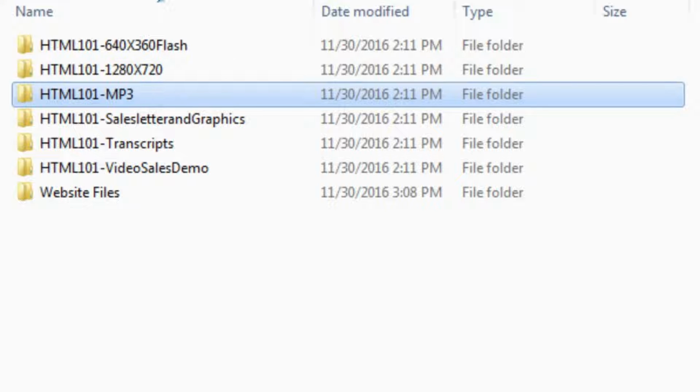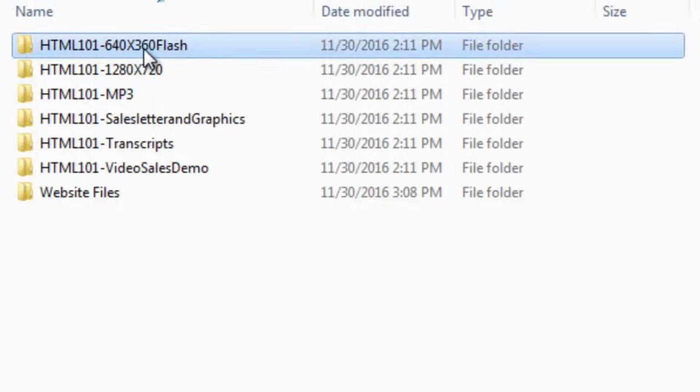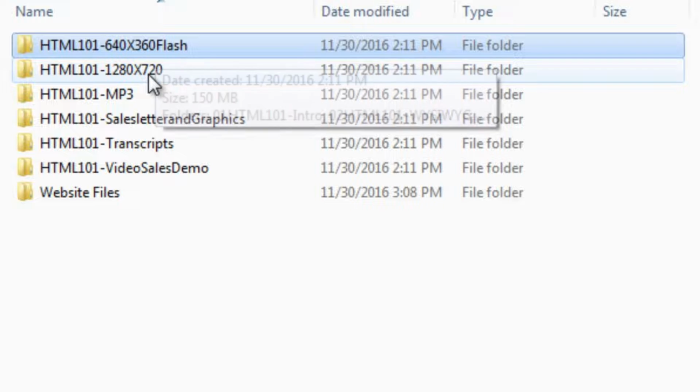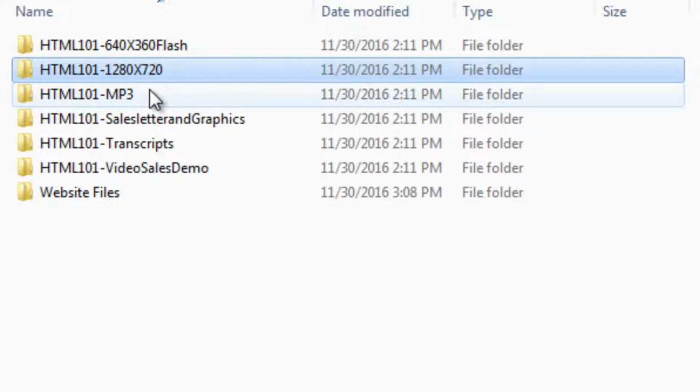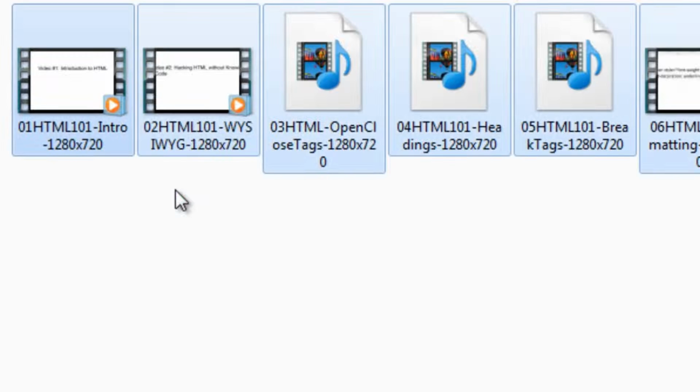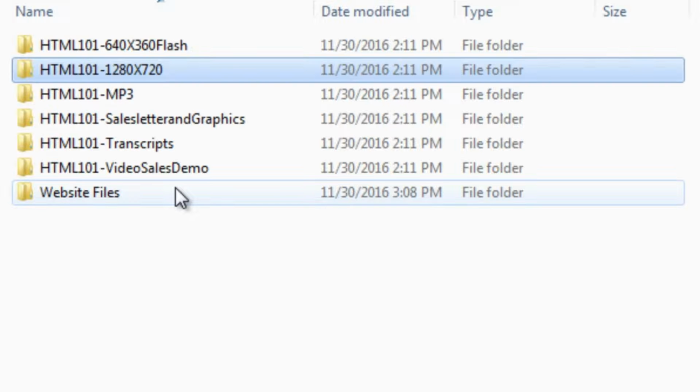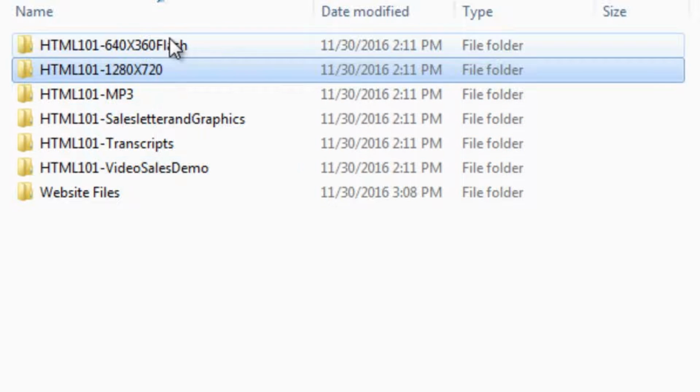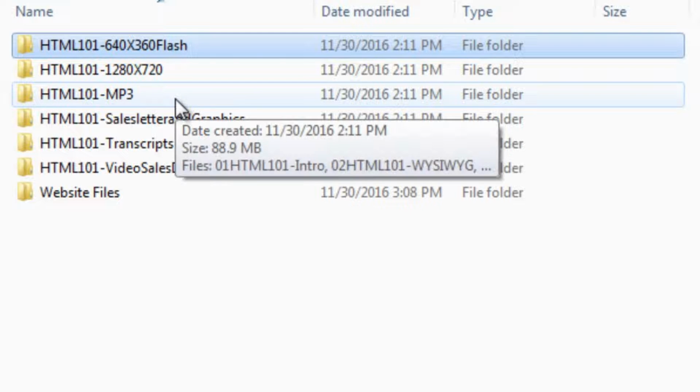So I think in this case, what I'm going to do is I'm going to give the 640 by 360 videos. They tend to be smaller. They use less space. And then of course, in this case, we have the 1280 by 720, but of course you can see that it is a good amount of space. So in this case, I'm going to just give away this folder,